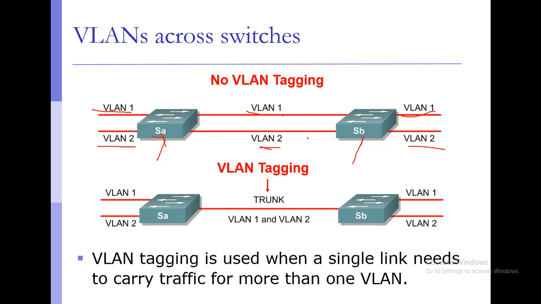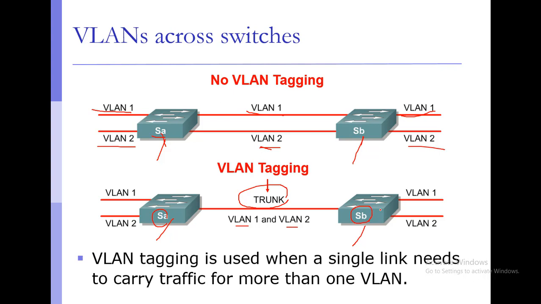But now if you want to make them a trunk, you can see that you have combined this shared path, and this is known as a trunk, which carries the information of both VLAN 1 and VLAN 2. But how will these switches differentiate that information and those frames? This is where the phenomenon of tagging comes in. The frames of each VLAN will be tagged, and by using those tags, switch A and switch B will identify which packets belong to which VLAN.